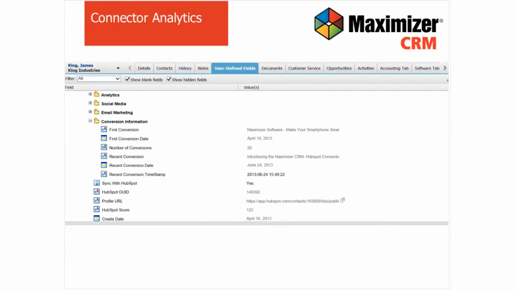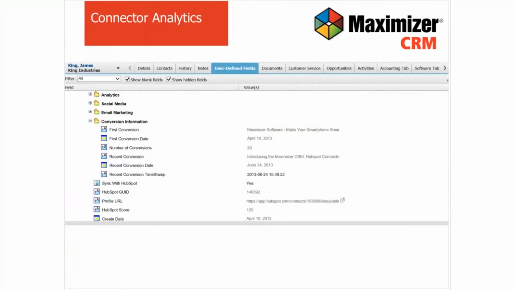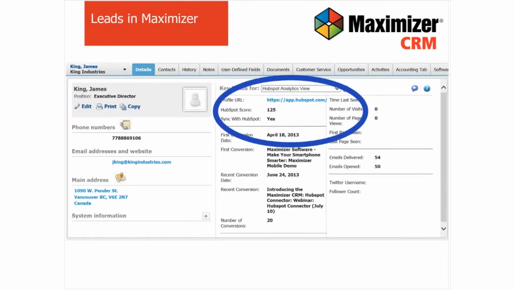Further drilling into that information, I showed it to you first in our key fields. Now I'm showing it to you out in the user-defined fields to show you that we've built out not only the key field area of Maximizer, but also the user-defined field structure around all the information that we're capturing. And you can see that there's some technical information here. Clicking ahead to the next screen, I've got a call-out called the profile URL. The profile URL is inside Maximizer, and when you click on it, it's going to take you back to HubSpot